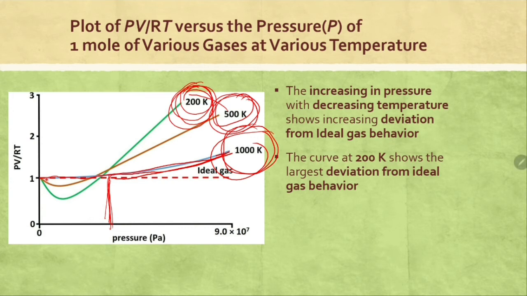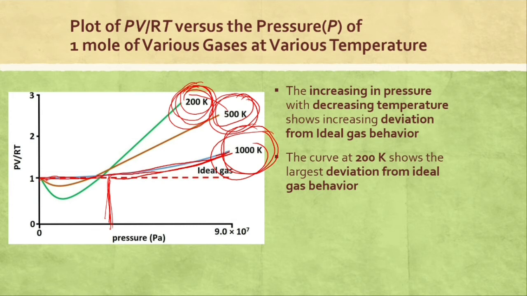Even at a low pressure, as pressure increases, it shows a sharp change in the value of PV over RT. It goes far away from 1. It goes far away from ideal gas. It deviates far away from ideal gas behavior. So this plot shows that at low temperature and high pressure, the gas does not behave ideally,